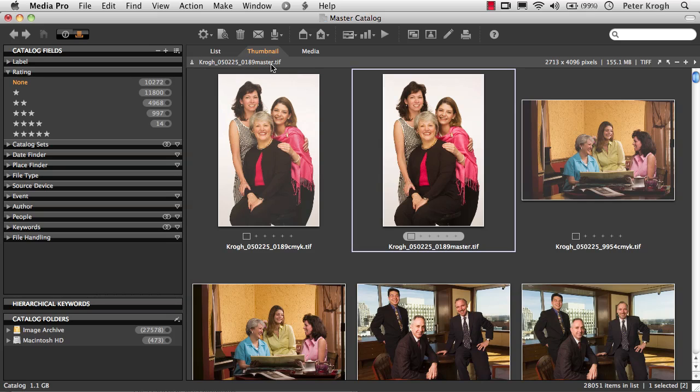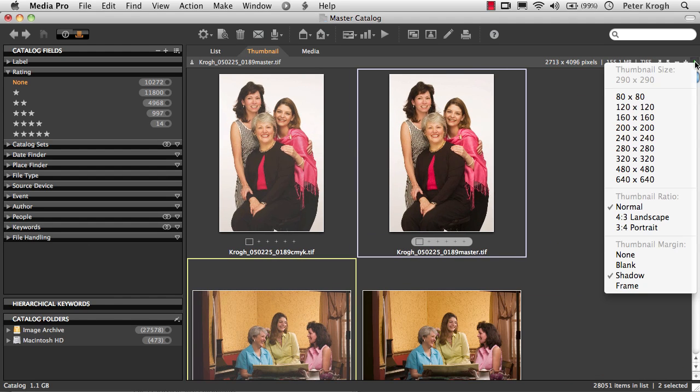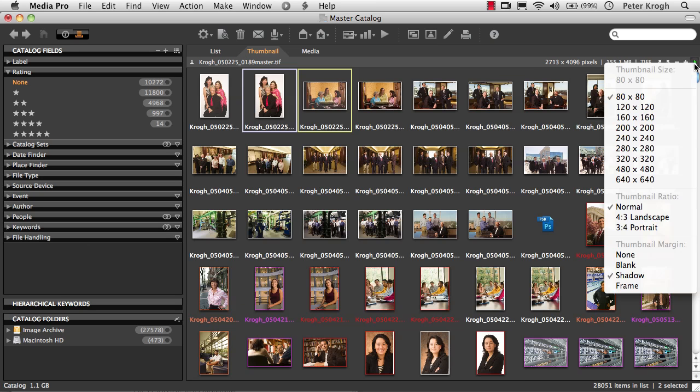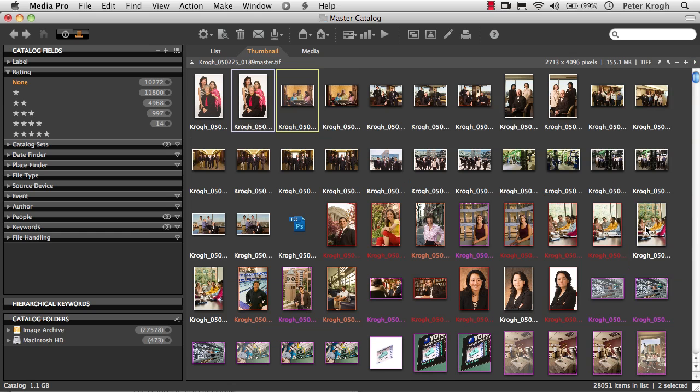Okay, across the top here of this area, we see the name of a selected image when you only have one selected. If you have more than one selected, it only shows you the one that is the most selected image. And then here we see the pixel dimensions of the image, the size in megabytes, and the file format of this particular image. We also have the ability to rotate that image, to make our thumbnails larger or smaller, and in this flyout menu we also have control over thumbnail size as well as spacing between the images, which can be optimized for either verticals, horizontals, or both.